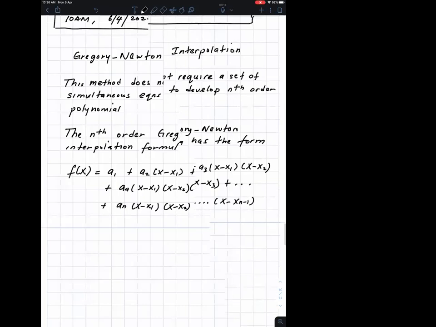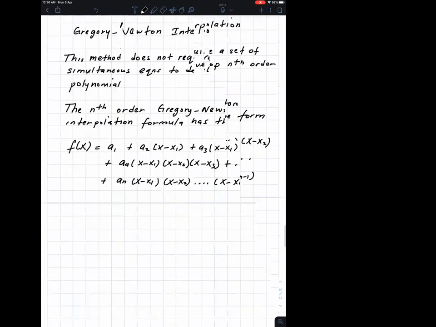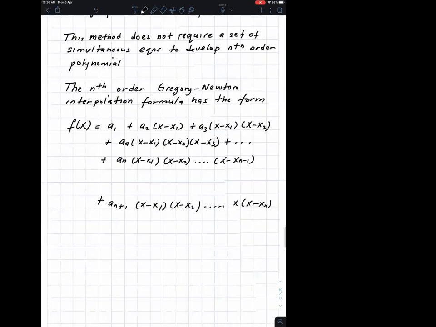Okay, you're not required to remember all these things. This is just a tradition to give you the general formula, form of the polynomial. When we do an example, things become very clear. Okay, this is the form of the Gregory-Newton interpolation formula, where